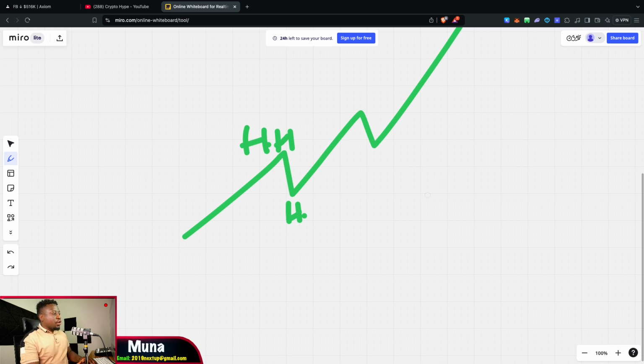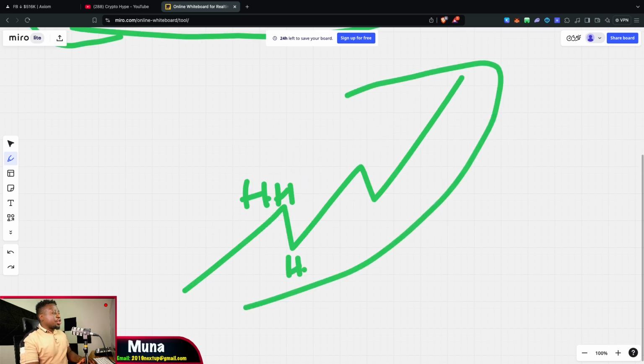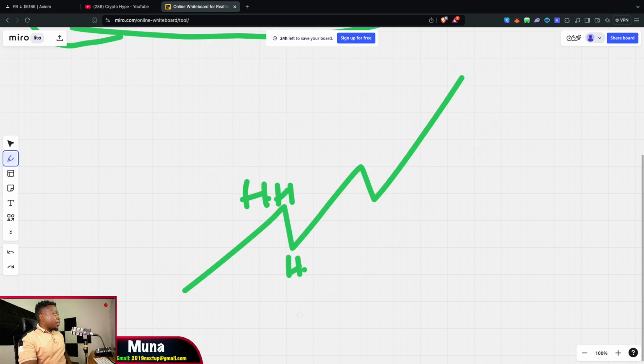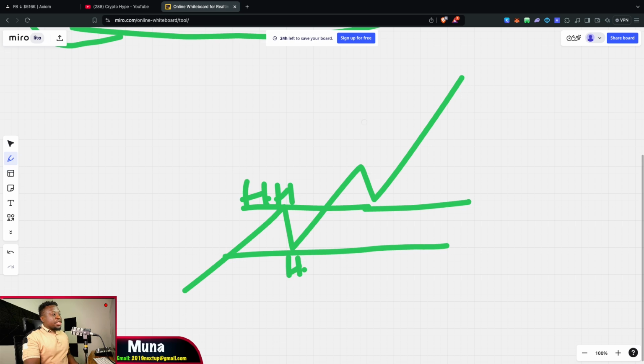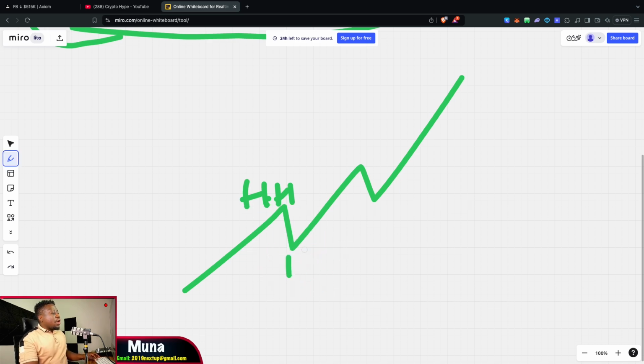So you are looking forward to a market structure which is absolutely bullish, and this is one of the reasons why you have to wait for a breakout of the previous high in order to look for interesting trading opportunities. And this is why it's not really wise to go for the first retracement right over here. Wait for the market to give you signs that it's going to continue going up, and this is one of the reasons why you should only take the second breakout right over here and wait for it to align with